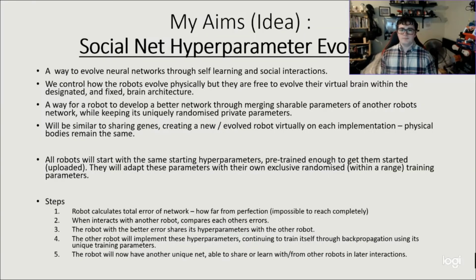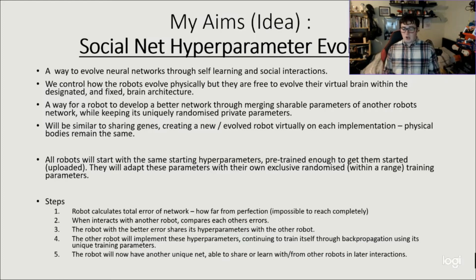So my aims. Well, the idea, kind of like what I said before, is that the robots can learn by themselves and improve themselves like a neural network already does, but also to actually evolve in a way that it might not necessarily have to rely on its training data and stuff like that. It can also rely on real world data from other robots already out there. I mean, not every sensor is going to be exactly the same, meaning that if it's going to be reading the sensors, yes, they have to be calibrated, but it's not always going to be getting the exact same type of inputs in the same scenario as other robots.